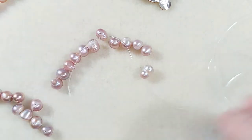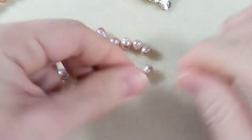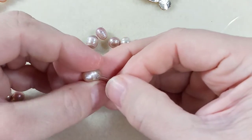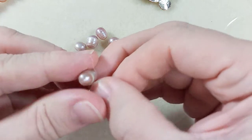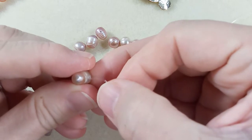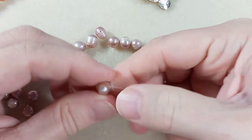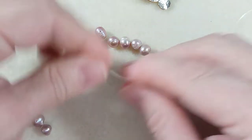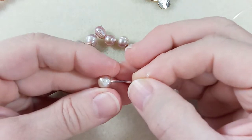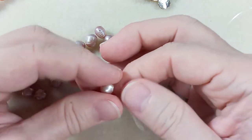So just get rid of that and just start putting these guys on. Oh, this one's weird shaped. The holes in the, I was expecting it to be long. So this was the other reason why I wanted to use this cord. This cord has a little more structure to it, so it's easier to thread your beads on than the other one. The other one you kind of have to use a needle, and I find that it ends up